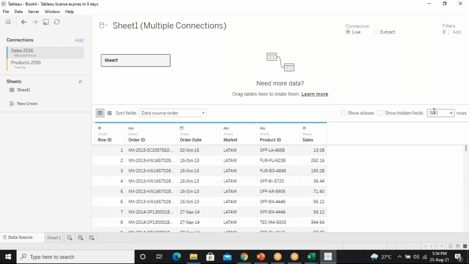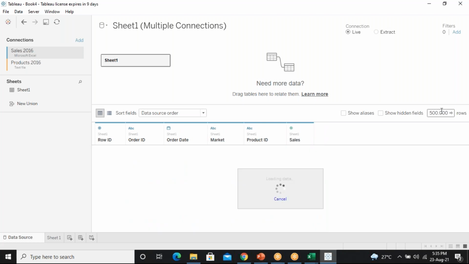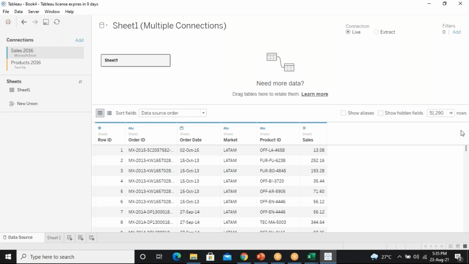If I give 100, it loads only 100. So how much do you want? Based on what concept is it giving 100 or 200? If you think about it, it just gives the top 10 or top 100, that data only.